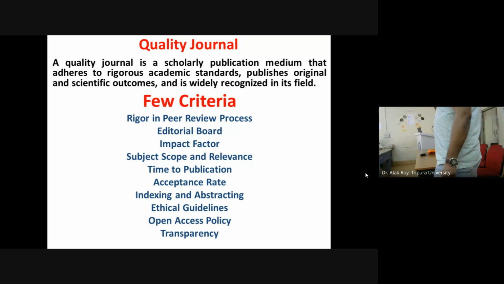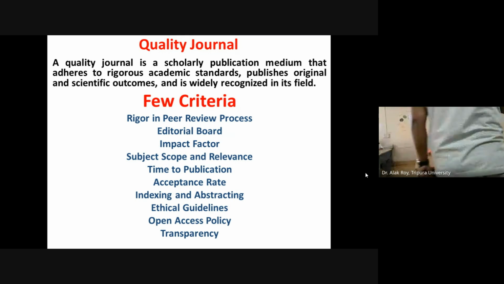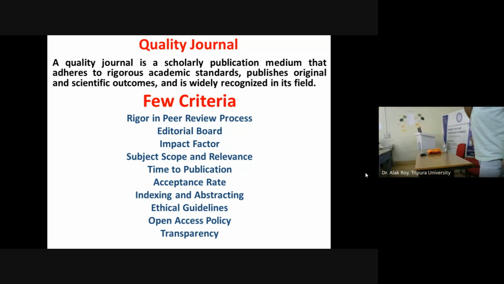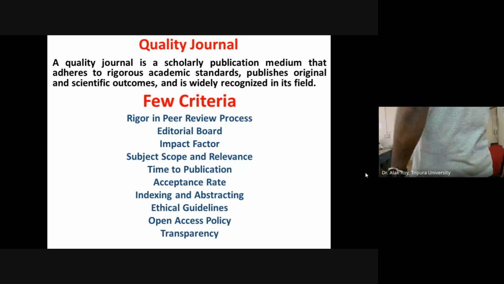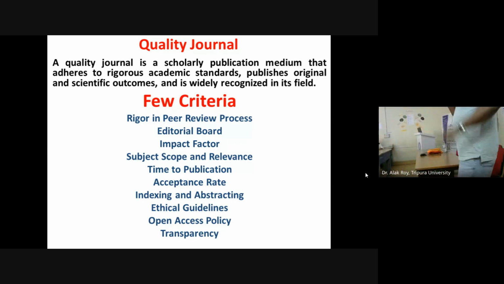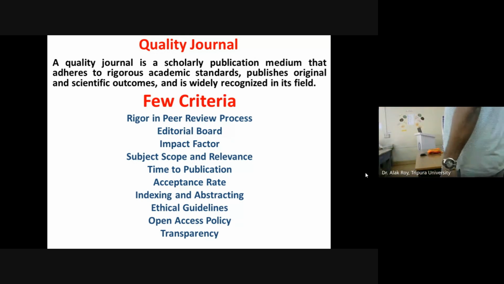When I am talking about a journal publication, publication is the latter part. The first part is scientific research. It is the outcome of that research that is going to be published. So whenever you are talking about a quality journal, remember: any journal that is not following a scientific temperament, any journal that is not going for any rigorous process of screening your article, or any journal that is not following some specific scientific mechanisms, that is not a quality journal.